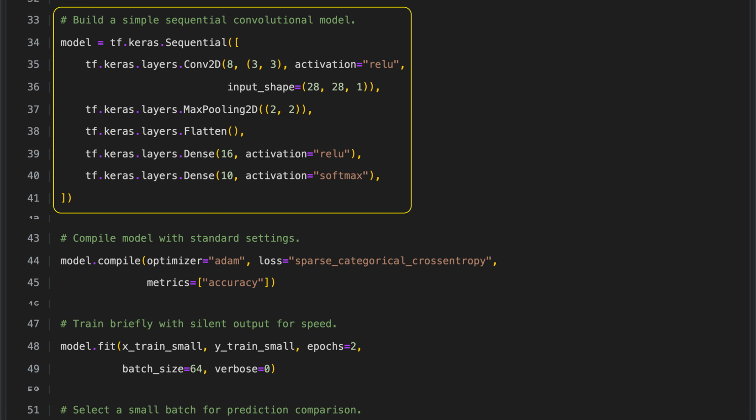This feeds into a dense layer with 16 units and ReLU activation, followed by a final dense layer with 10 units and softmax activation. The output layer produces a probability for each of the 10-digit classes, allowing the model to